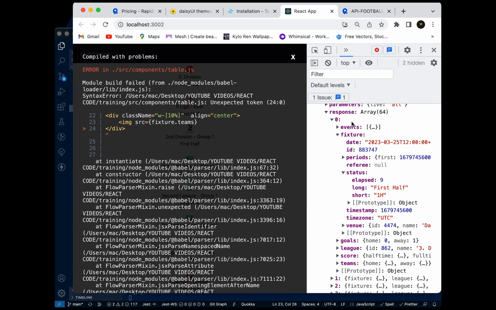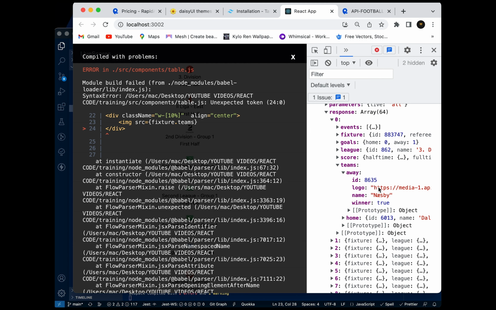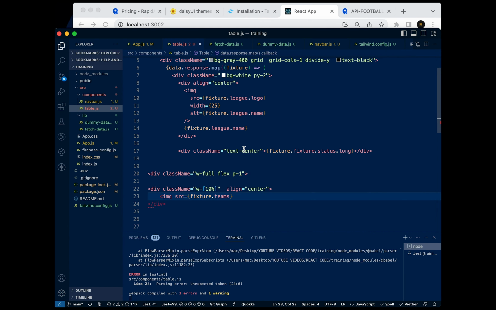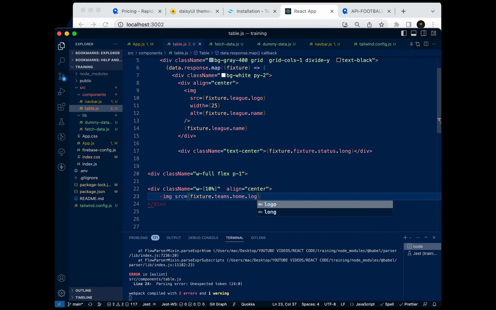Then we're going to say image source, the fixture dot teams. Let me show you. In the teams we have the away team and the home team, each with their name and their logo. So that's what we're going to do. We stopped over here. We have teams dot home, because it's the home side that will be the first one to show, home dot logo. Starting from the left-hand side will be the home team, and the other side will be the away team. So logo,